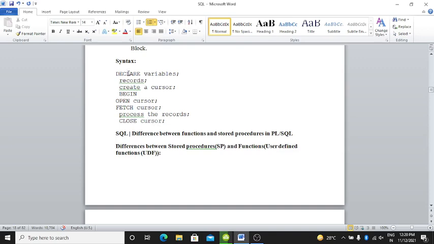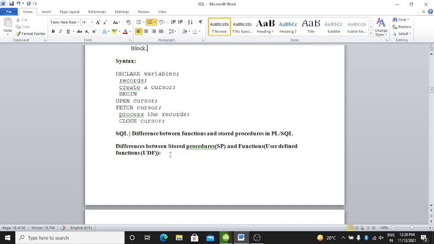Clear? Here is the syntax to declare the variables. After that records, create a cursor, then begin, open cursor, fetch cursor, process the records and close the cursor. Clear?